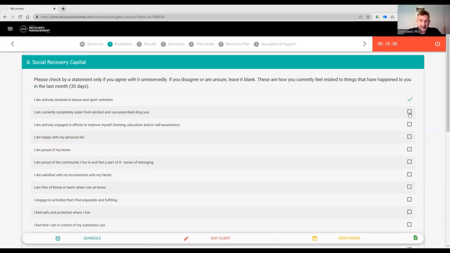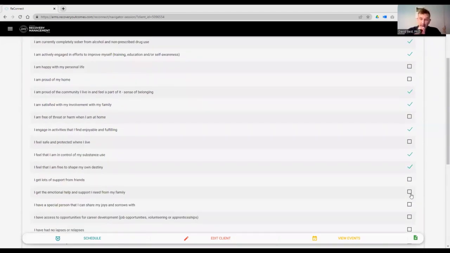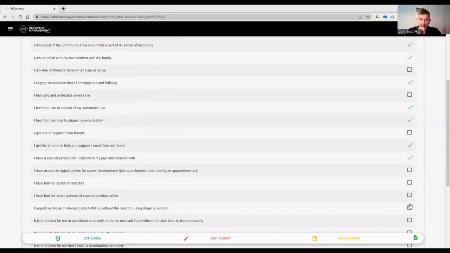So this is us now done with what is the crucial section for us. We've dealt with personal recovery capital in section 5. We've dealt with social recovery capital in section 6. And now we go on to deal with a number of things in section 7, but the most important to start with is something we call the recovery group participation scale.